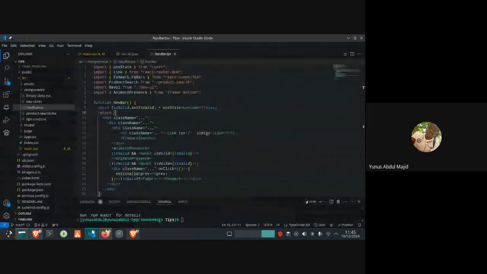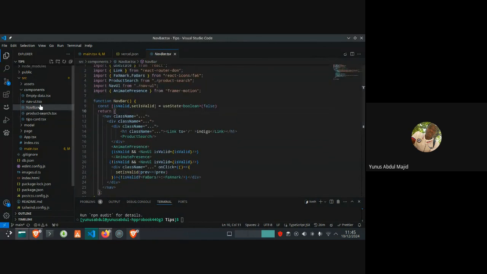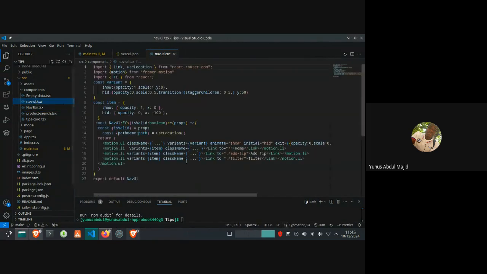So back to our VS Code. This is the navbar component, and this is the child content inside the navbar, the home, active and the filter.